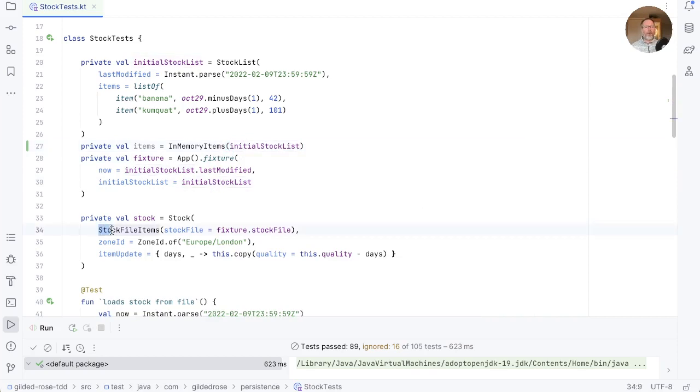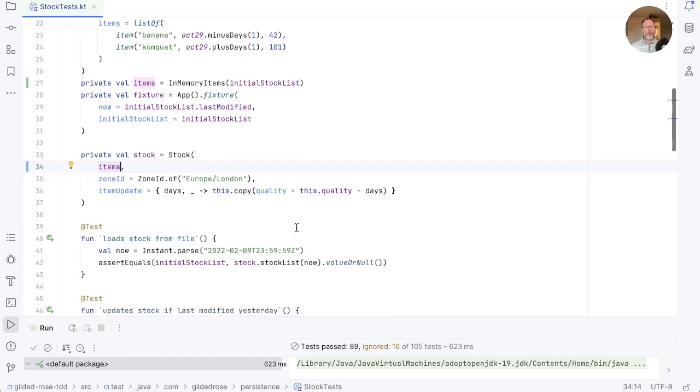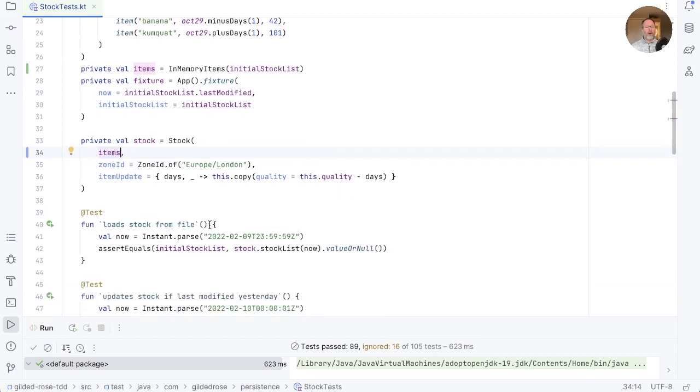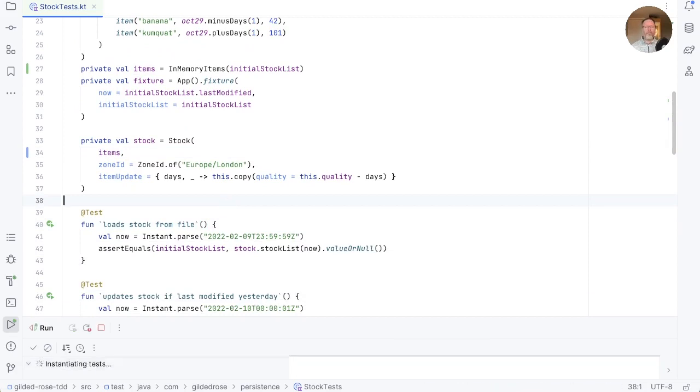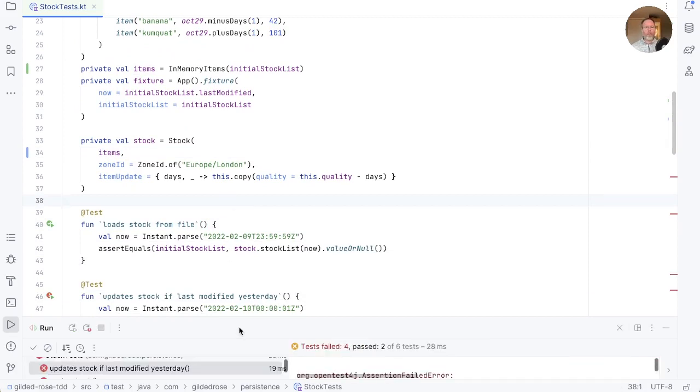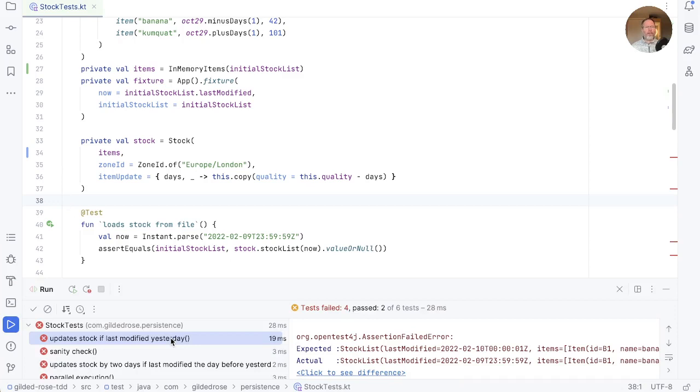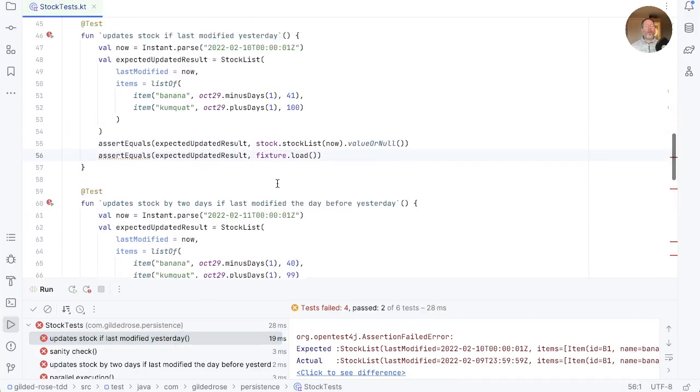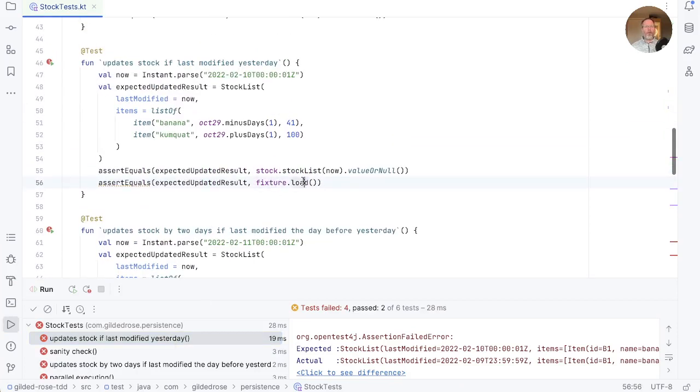Now if we create our stock on our in-memory items, let's go down and have a look. Well, we expect this to pass. In fact, let's just run all the tests and see what happens. So update stock if last modified yesterday has failed. Well, that's because we're asking the fixture to load to check what has been saved. Instead, though, we can say